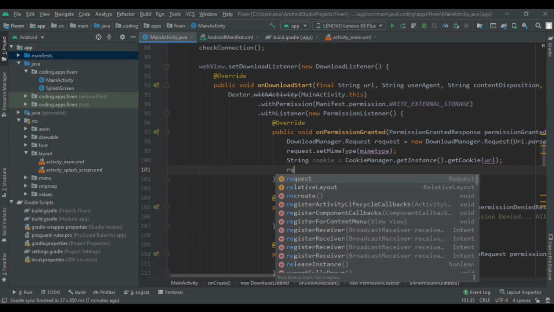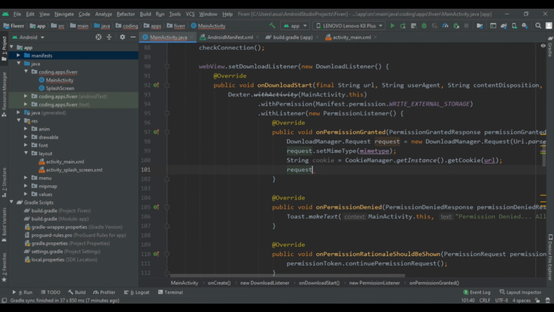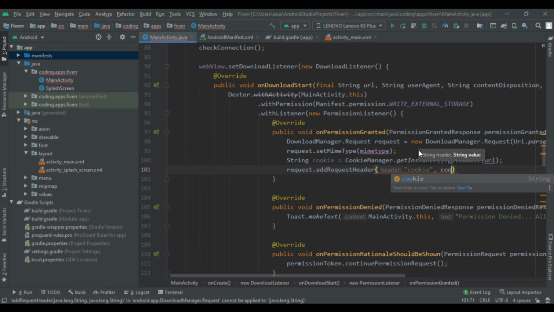Now we have to write request dot add request header. Here we are going to write our cookie. So this is for our cookie, and pass cookie as a string which we had created here. Then close this.